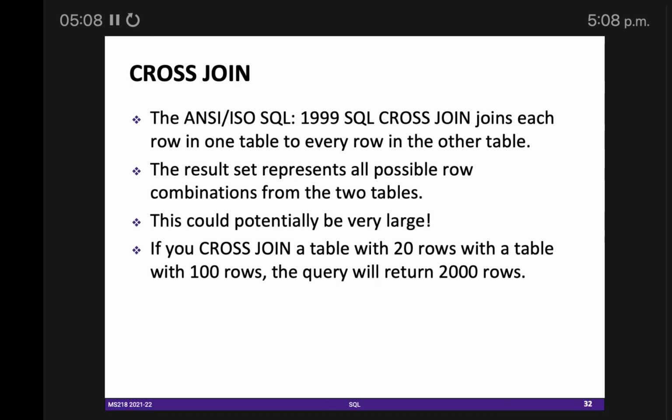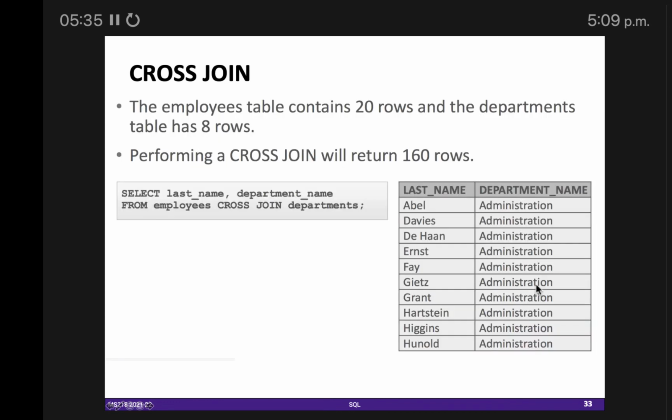For example, if there are n rows in one table and m rows in another table, then n multiplied by m rows are the result of the cross join. See, 20 rows in one table and 100 rows in another table, so 20 into 100 gives 2000 rows.